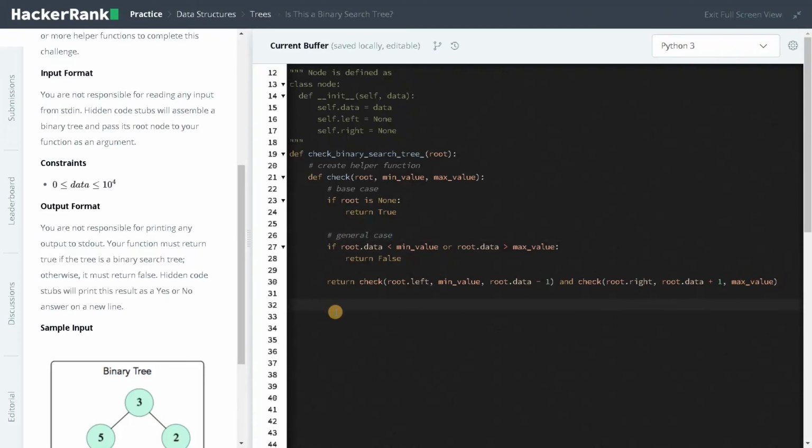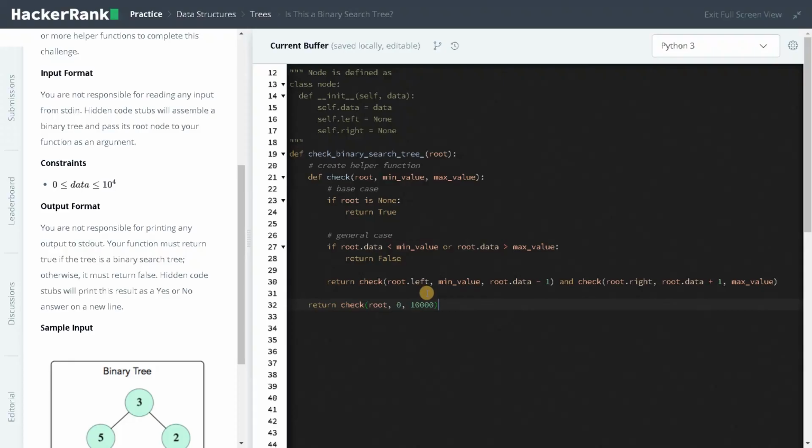So after defining the function, we need to call it. So return check root comma 0, that is the minimum value based on the constraints here, and 10,000, that is the maximum value. After the entire function completes, it will return true or false.